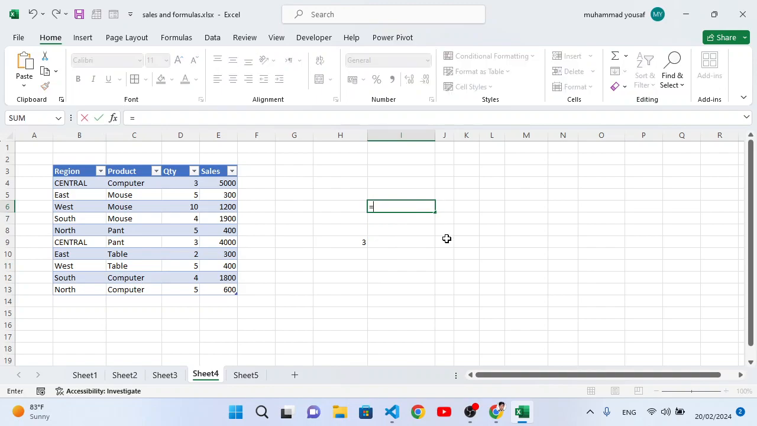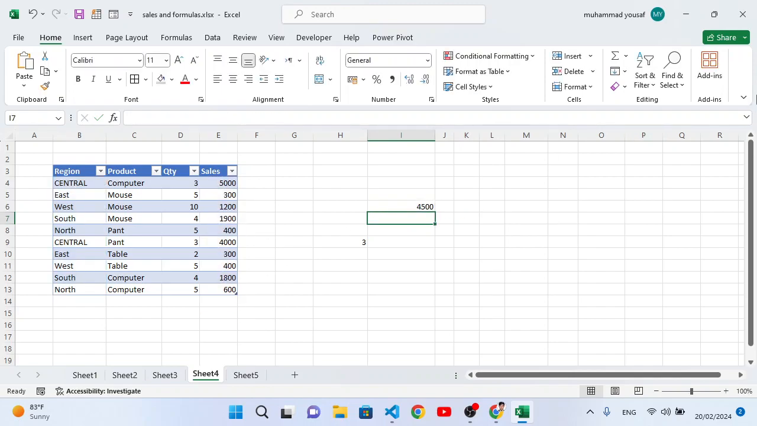So let's do equal to AVERAGEIF. Press tab, open that range. This is our range, comma, criteria. We want to find the average for central. Then comma, then we want the average range. We want to find the average range in this area. Close it, press enter. So the average for central is 5,000, 4,000, 9,000, and 4,005, 500 is the average